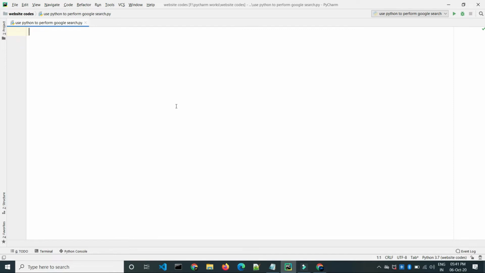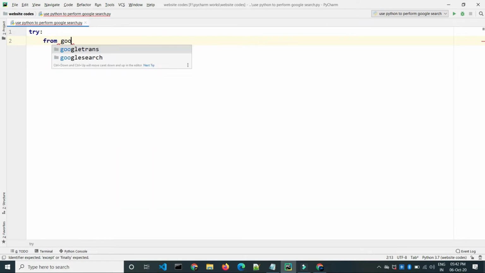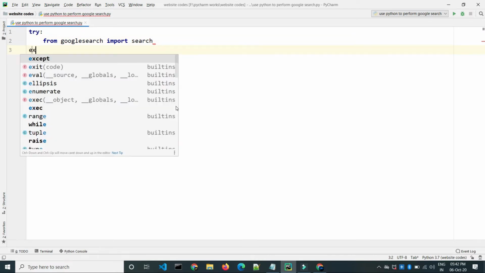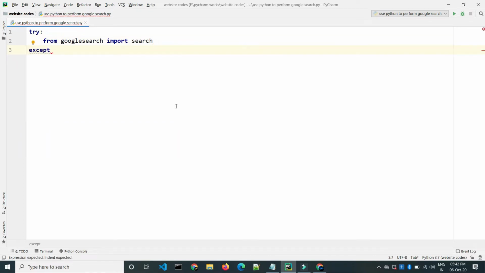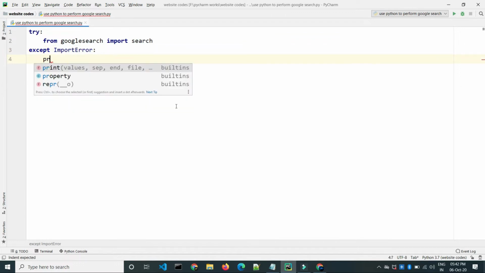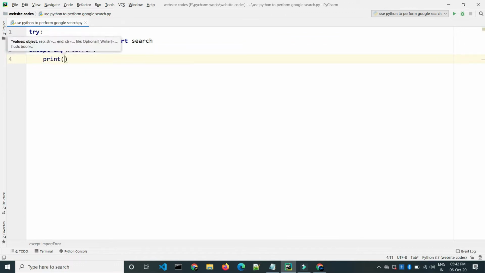Just type try, and from googlesearch import search. Then type except ImportError, and we will print "there is no module".